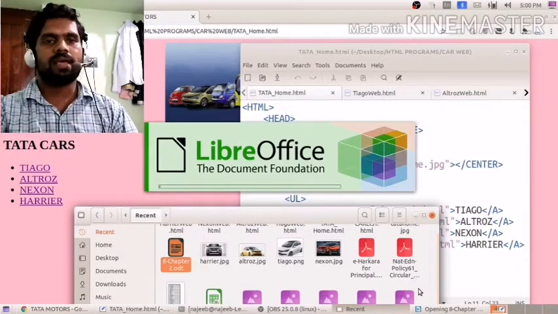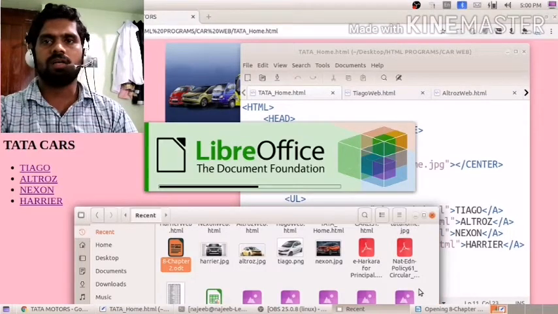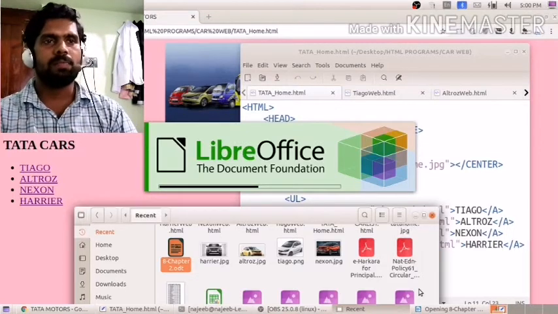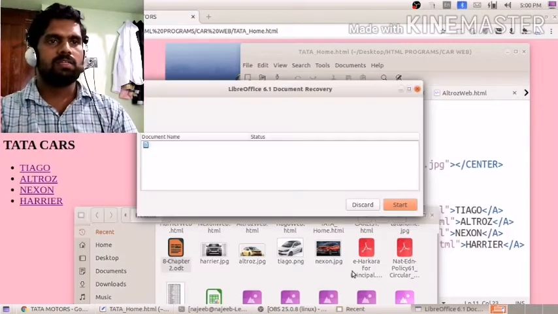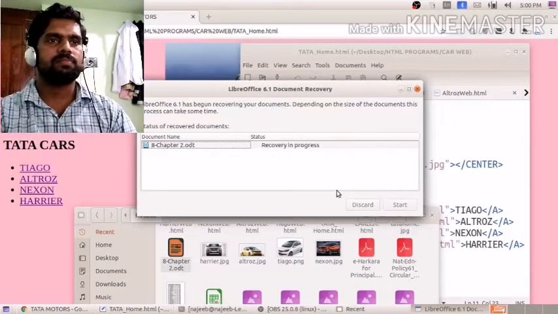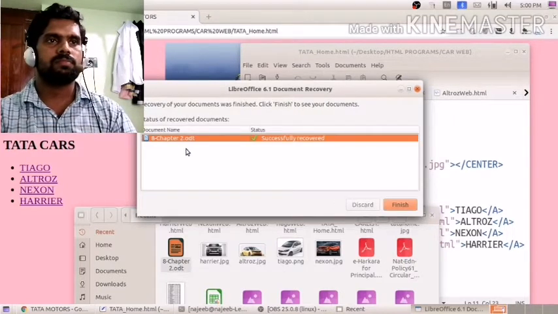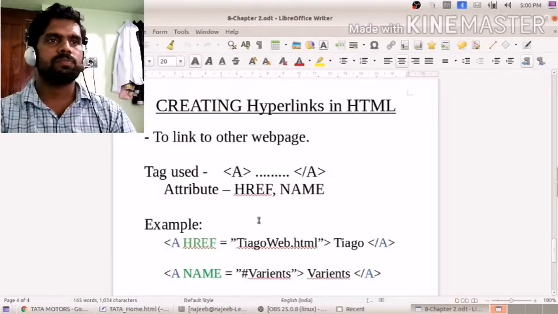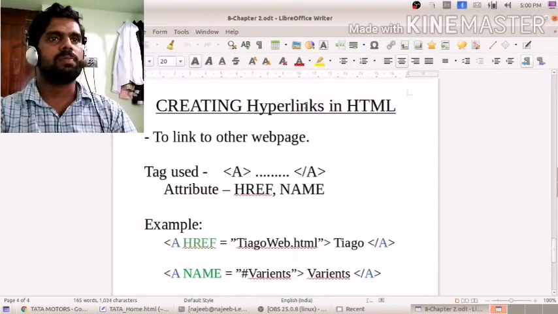The a tag means anchor tag. The hyperlink tag used in HTML is tag a. Hyperlink is simply called the a tag. I'll show you how to create a hyperlink in HTML.